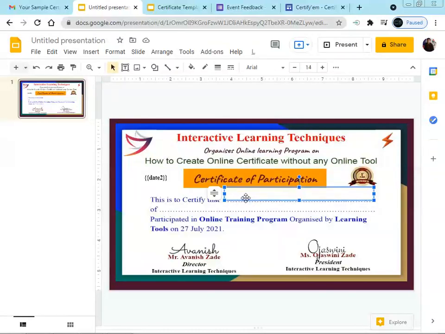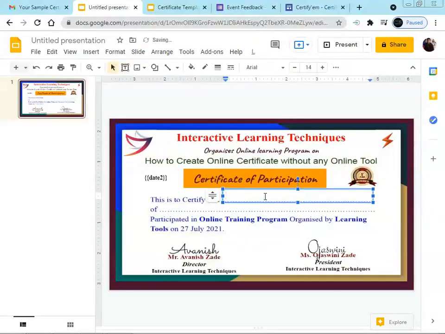Here we have to add the first name, with the help of the text box we had selected. So we add the text box here, and what we have to give is the full name.